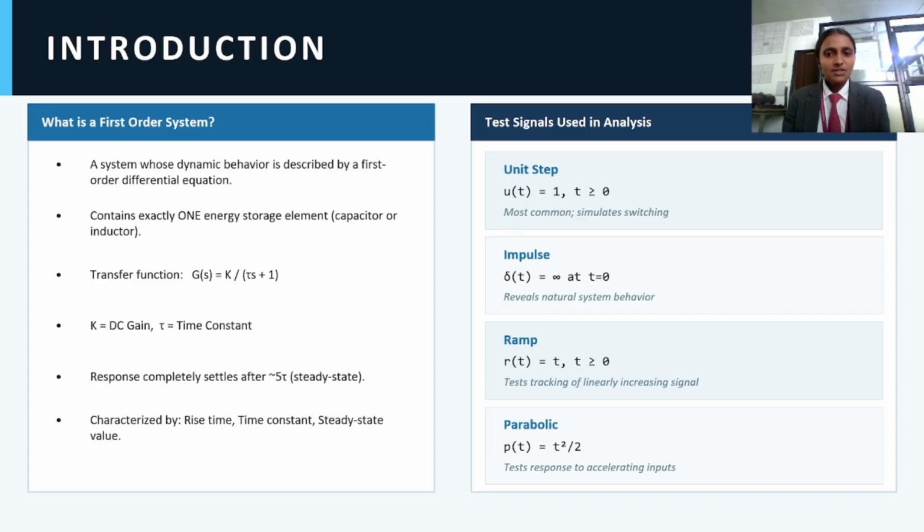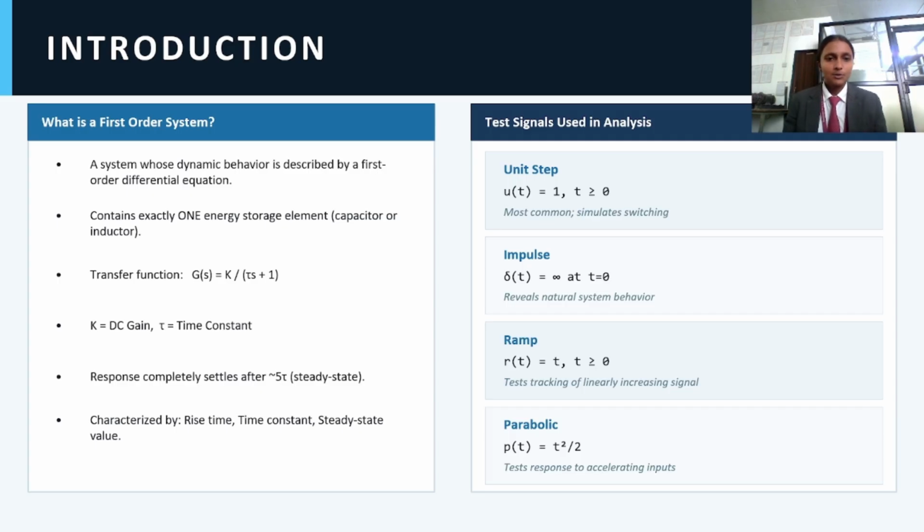The transfer function of the first order system is given by G of S equals K divided by tau S plus 1, where K is the gain and tau is the time constant. The time constant is the most important parameter because it determines how fast the system responds. Generally, the system reaches steady state in approximately 5 times the value of tau. In this project, we have analyzed the 4 standard inputs, which are unit step, impulse, ramp, and the last one is